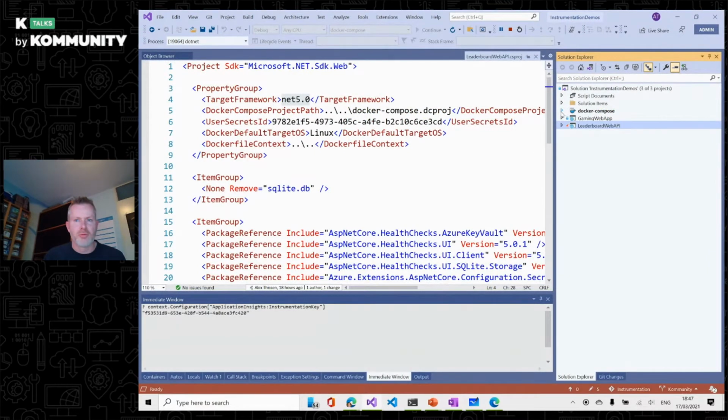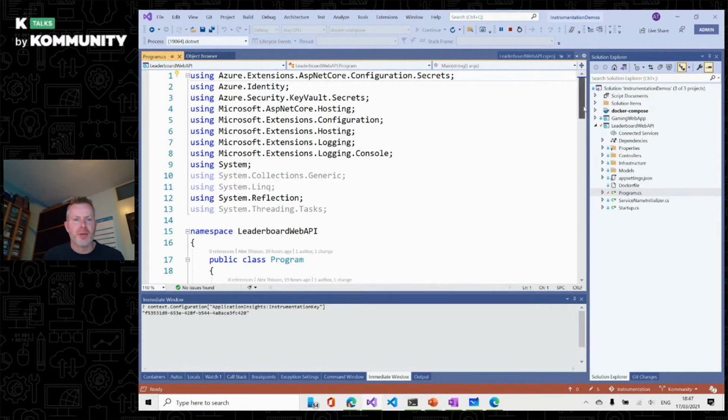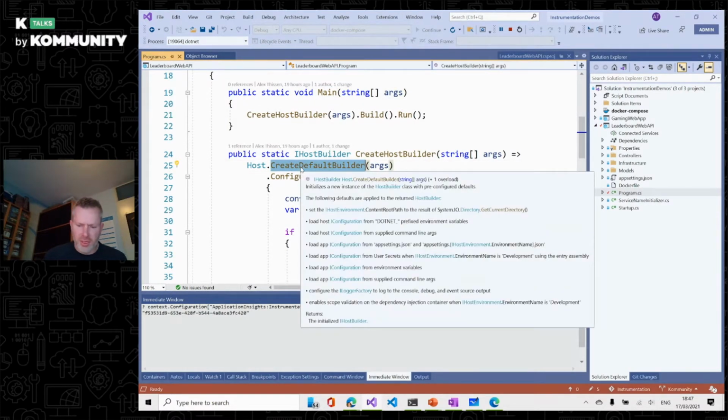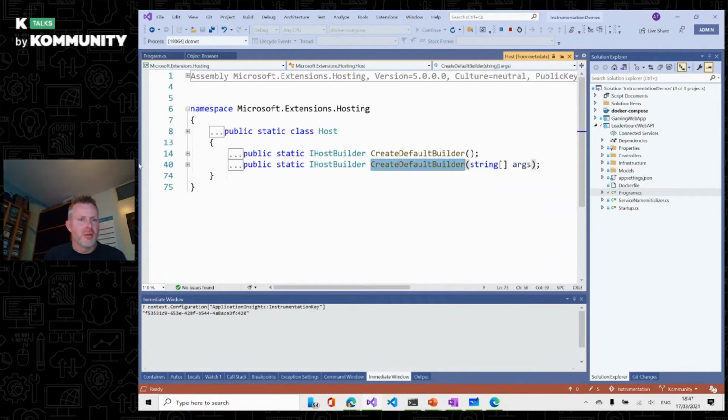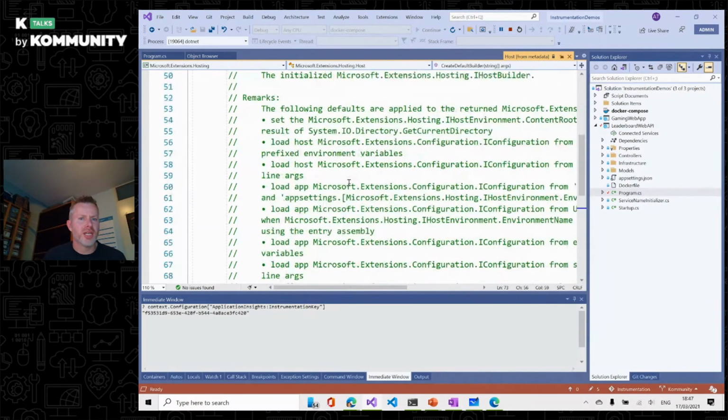Okay, now showing parts of the logging information, let's have a look at the startup of things. This is inside the web API. And the web API, as you can see, the main method calls this method CreateHostBuilder, which is the default. This method is worth investigating, because if you look at the metadata, it will describe what it's actually doing,